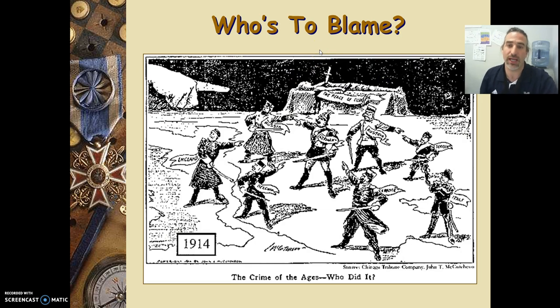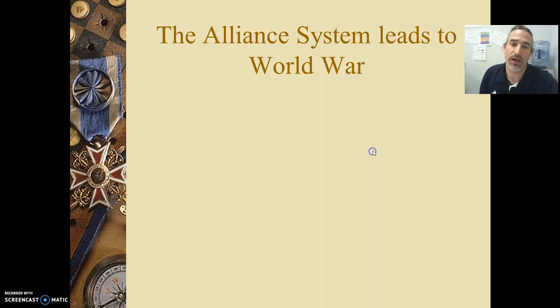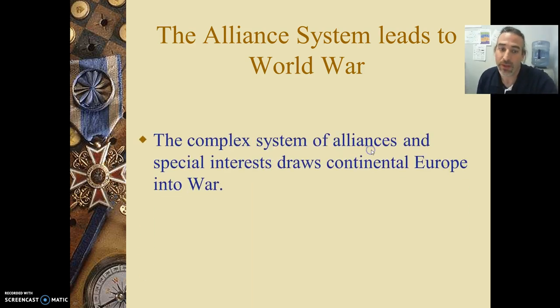It's a really interesting game that gets played. Who's to blame for the start of World War I? Well, everybody's going to blame everybody else. Austria blames Serbia. Italy's just in the corner like, I don't know. France blames Germany. Germany blames Russia. Belgium blames Germany. England blames Germany. Like everybody's pointing to somebody else. Like they all blame somebody else. It's nobody's fault. It's not my fault. It's somebody else's fault. That's how World War I starts.